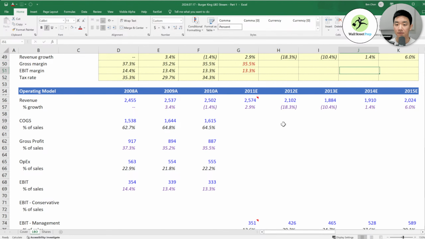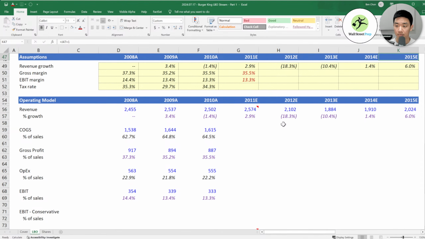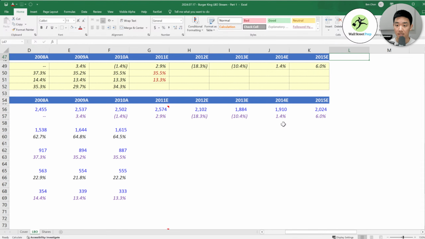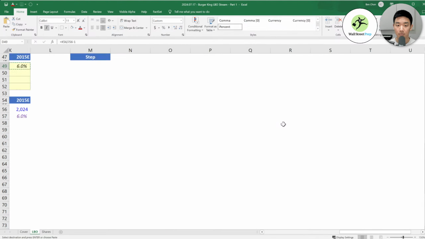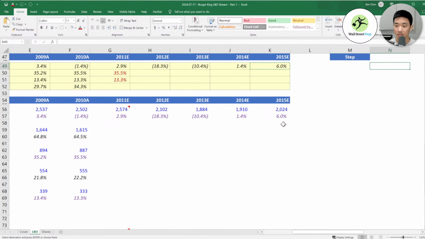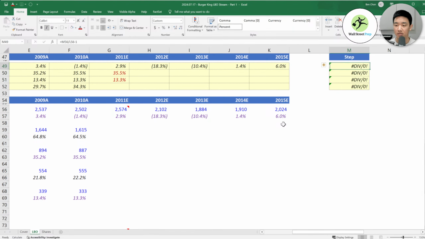And then for these following years, we're going to project these out. So I'm going to add a section for projections that's very common, called step. I actually don't know why it's called step. Probably because you step up a little bit, but they could have called it anything.